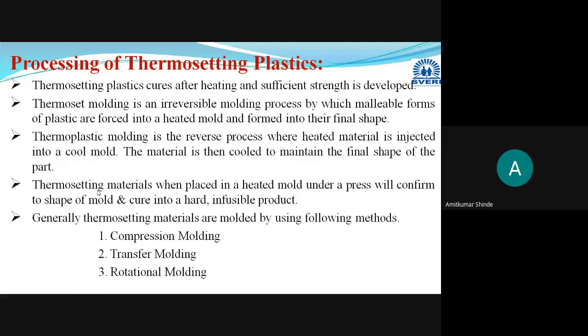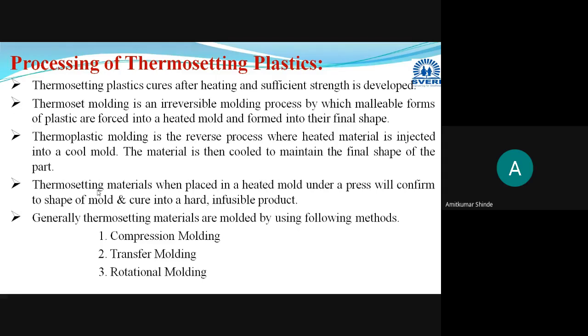We have already discussed the meaning of thermosetting plastic materials and thermoplastics. We have already learned that when you heat a thermosetting plastic material, it softens and then immediately hardens.